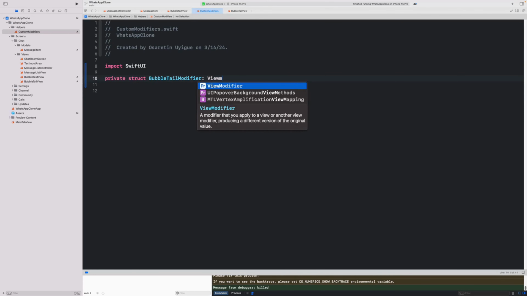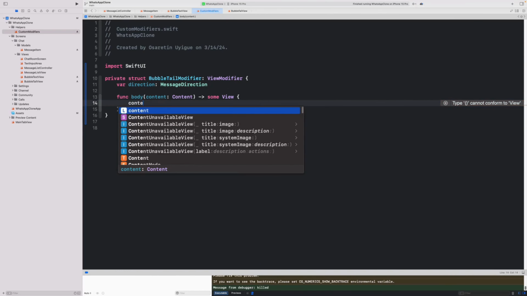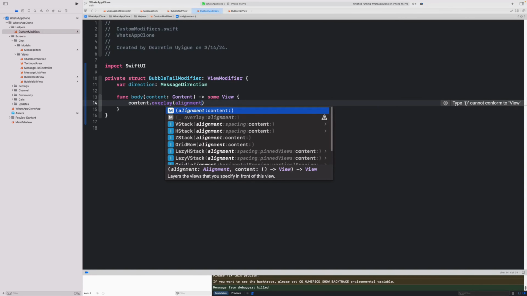So it's going to be of type view modifier. And that view modifier is going to take in a direction, again, message direction. And then we need to construct the body. All right, so what are we going to do here? Well, we're going to take the incoming contents and we're just going to overlay with an alignment